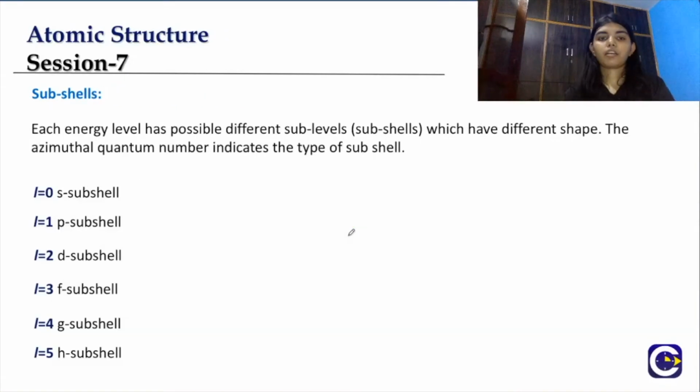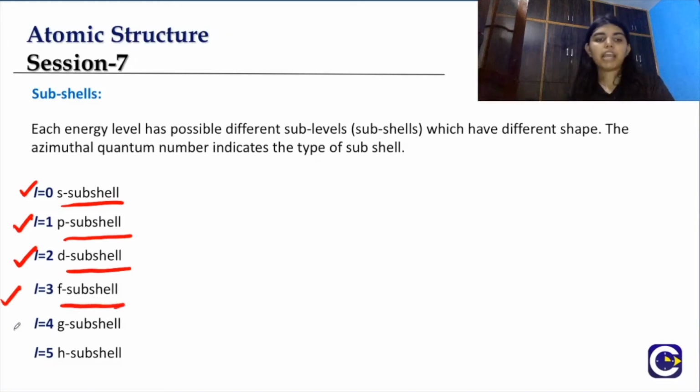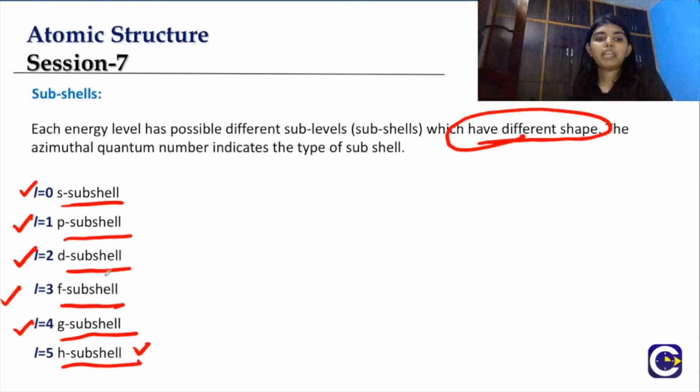So if L equals 0, it is the s subshell. L equals 1, it is the p subshell. L equals 2, it is the d subshell. L equals 3, it is named the f subshell. L equals 4, it is named the g subshell, and L equals 5 is the h subshell. So the value of L determines the type of subshell, and each subshell has a different shape. s, p, d, f, g, h have different shapes,